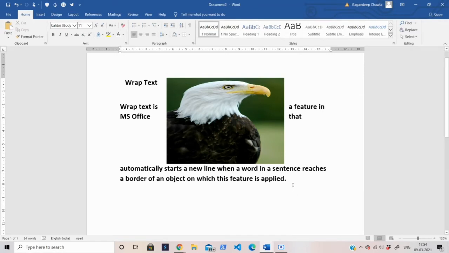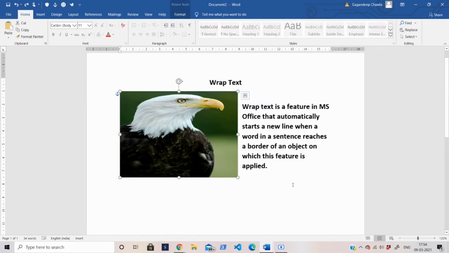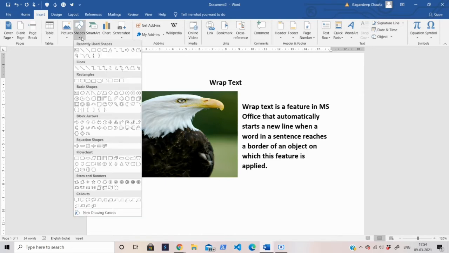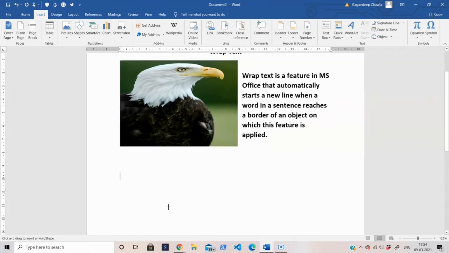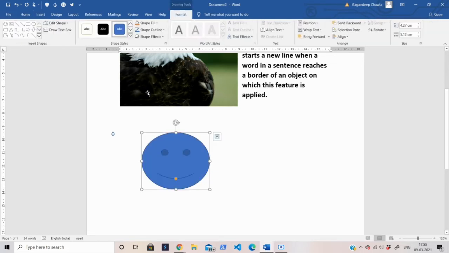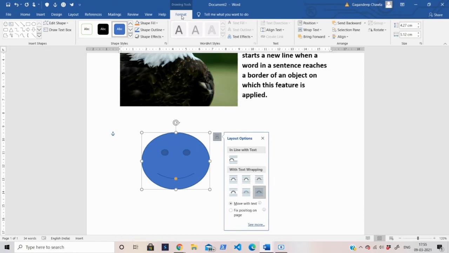Then now let's learn about inserting shapes. Okay, so inserting shapes, if you want to insert a shape, you need to go to the insert tab. In the insert tab, in the illustrations group, you have this shapes option. Now whichever shape you want to insert, like suppose you want to insert a smiley. Okay, so you can notice that now your mouse pointer has been changed to a plus sign. Using the left mouse button, hold the left mouse button and just drag it, and you can see that the smiley has been drawn. Okay, now automatically this format tab has appeared.